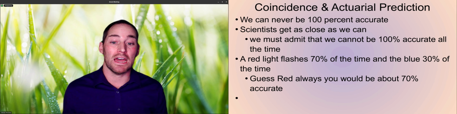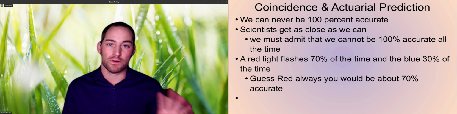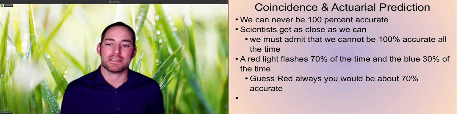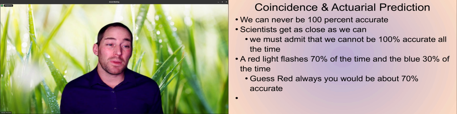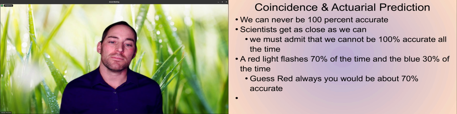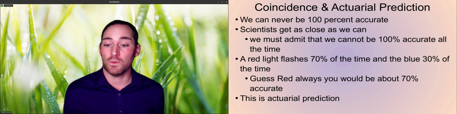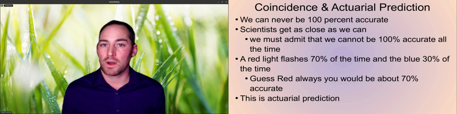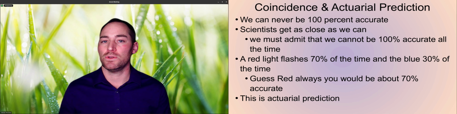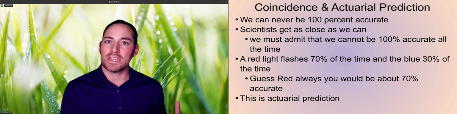So if it turns off and someone says, hey, what do you guess next time? If you say red, I predict it's going to be red, you're going to be accurate about 70% of the time, right? So if you're just guessing red, but some of the times you won't be right. That's what an actuarial prediction is, using the statistics, using these probabilities, using these percentages, looking at our samples in relation to our